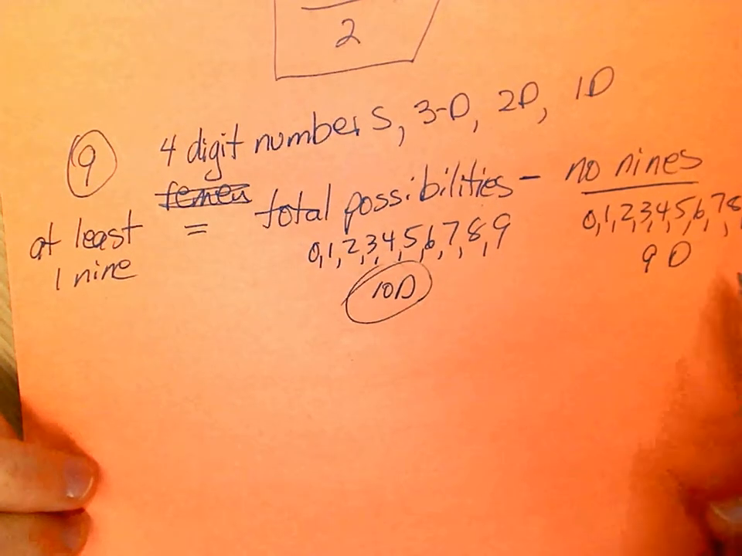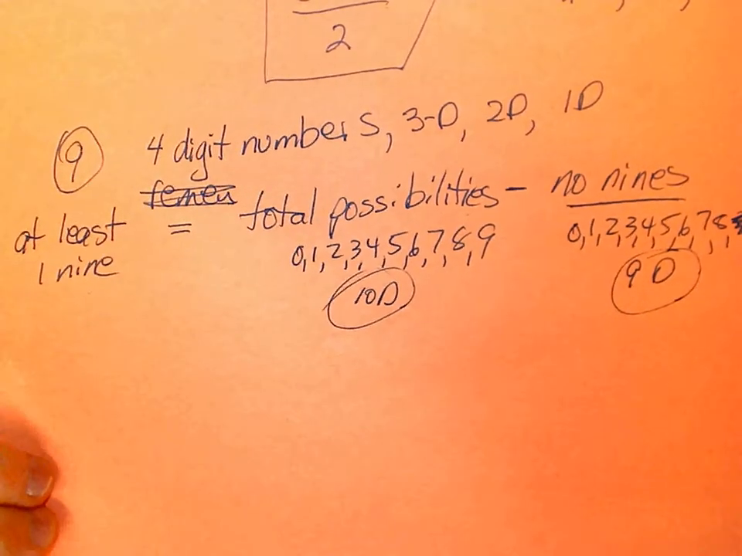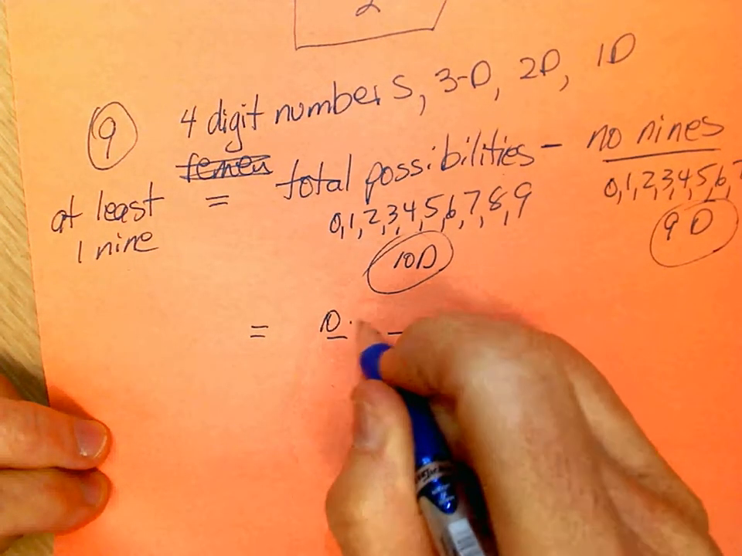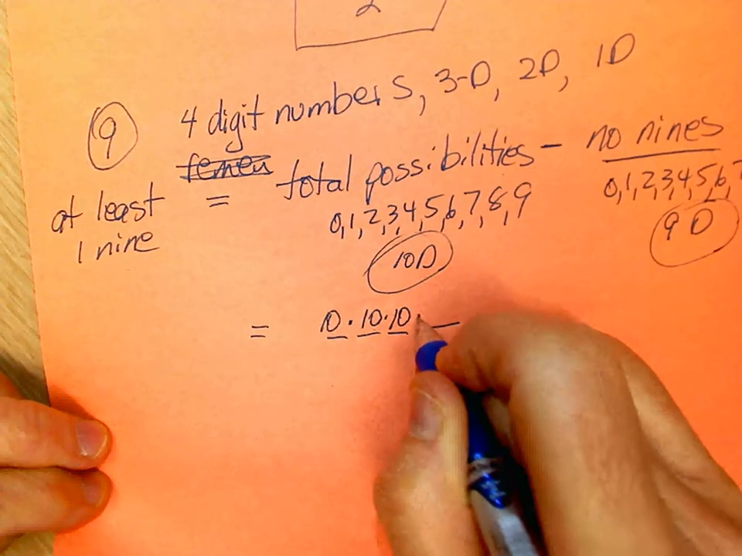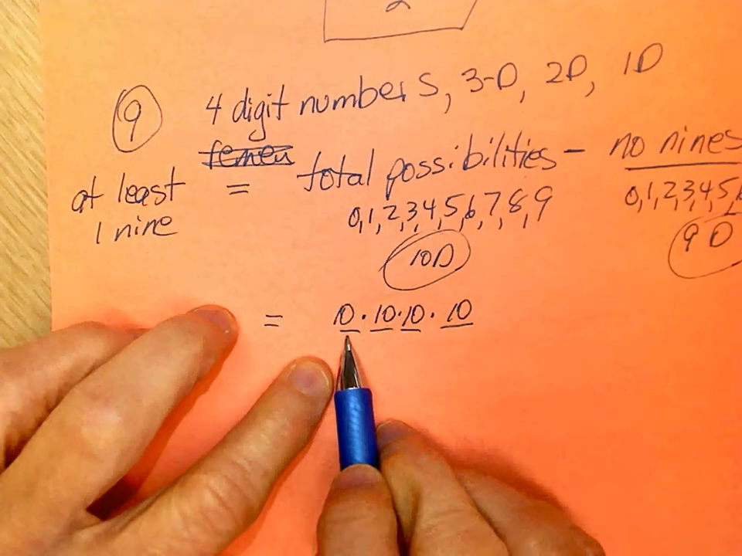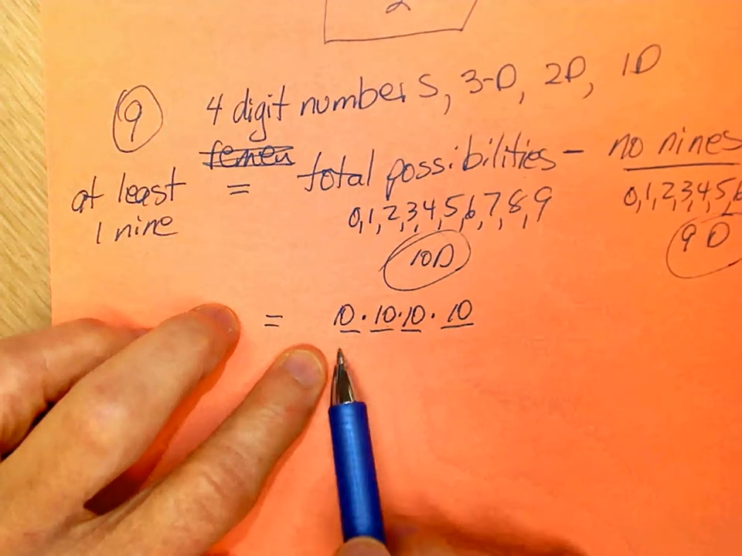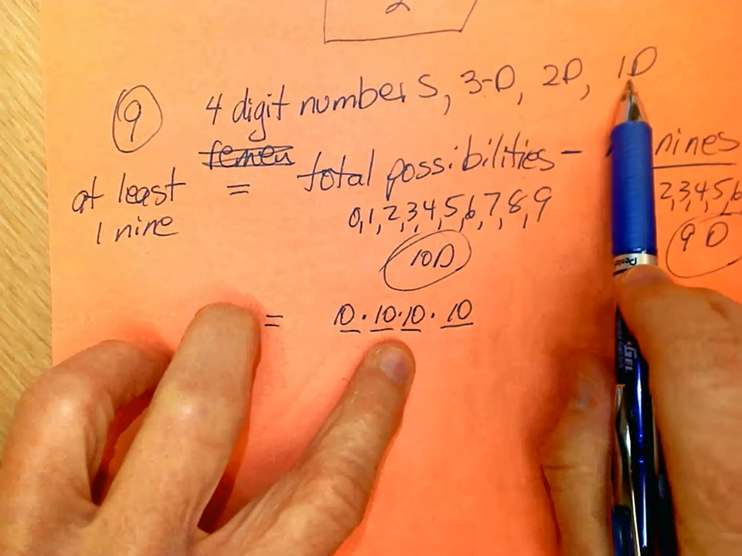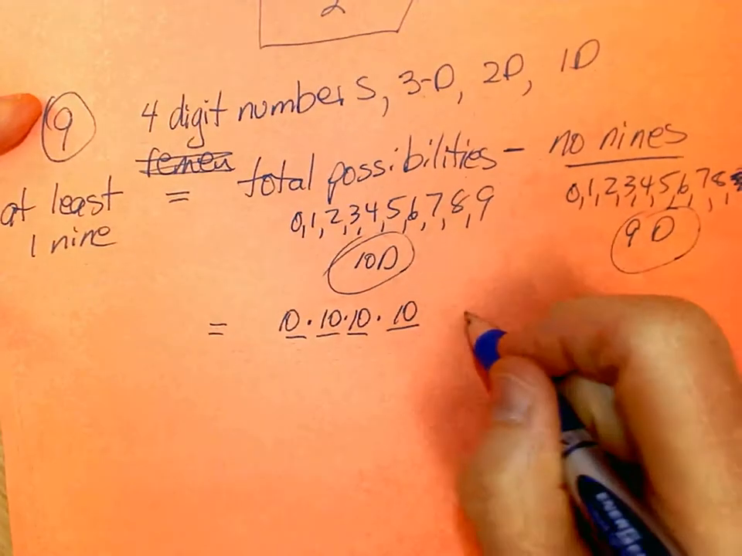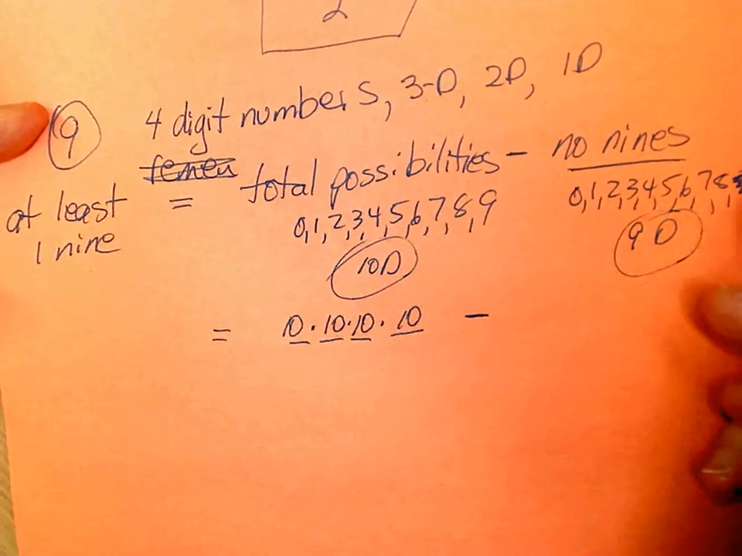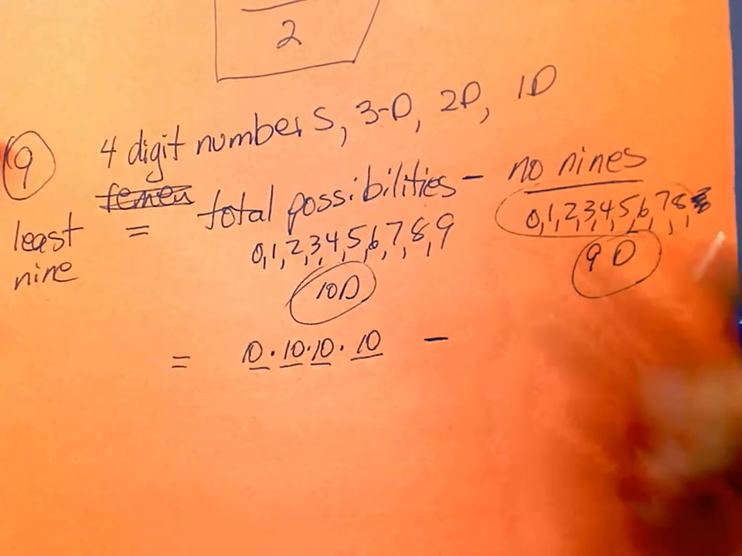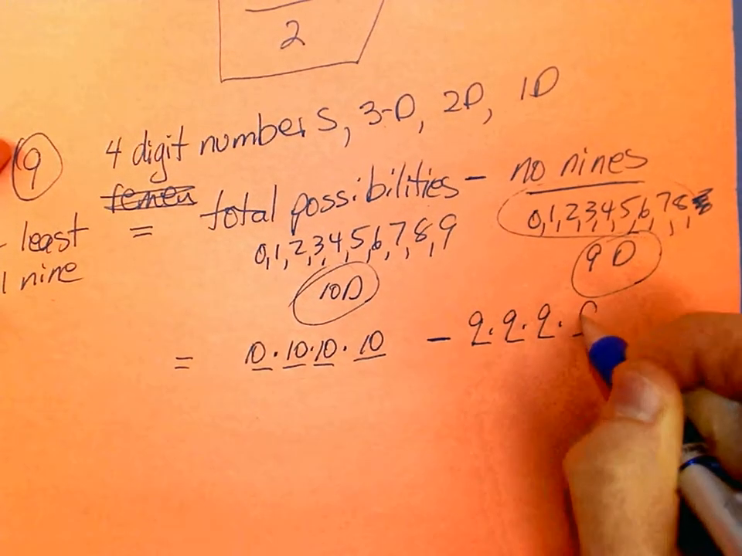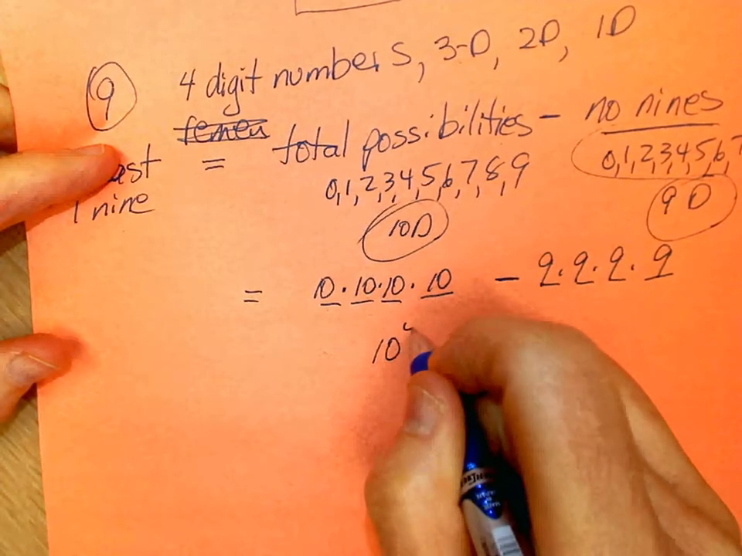So this will be 1, 2, 3, 4, 10 times 10 times 10 times 10. If it starts with 0, we have a 3-digit number. If it starts with 2 zeros, we have a 2-digit number. If it starts with 3 zeros, we have a 1-digit number. So here we're going to subtract no 9, so we're down a choice. We only have 9 numbers to work with. So basically we're going 10 to the 4 minus 9 to the 4, and that equals,